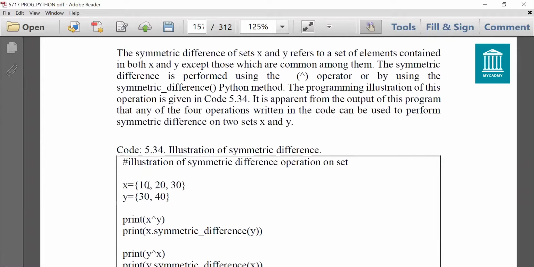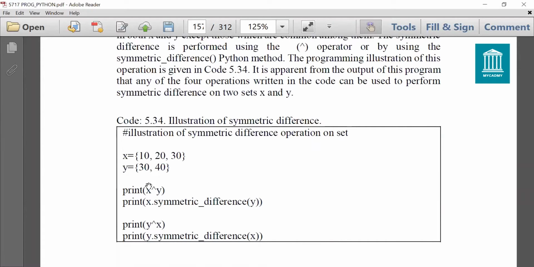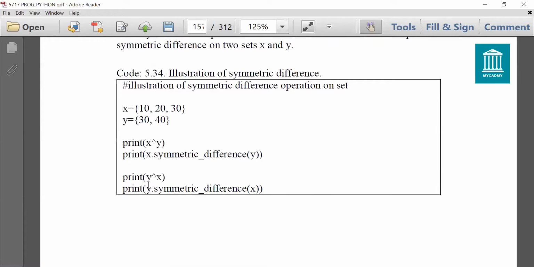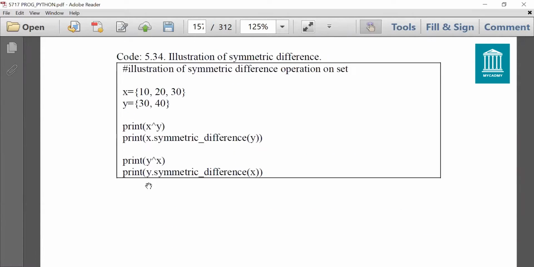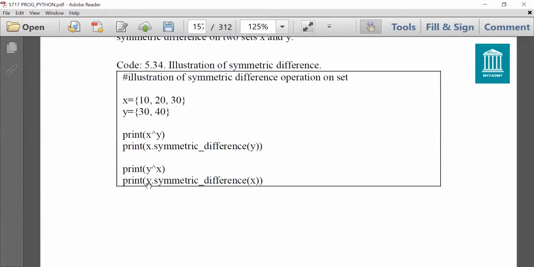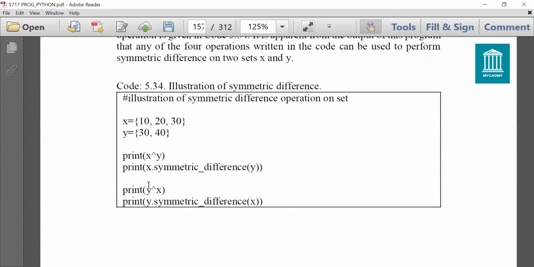For this, the caret symbol is used and it gives the output of the elements which are not common in both the sets. The common ones are removed and the rest of the elements result in output.